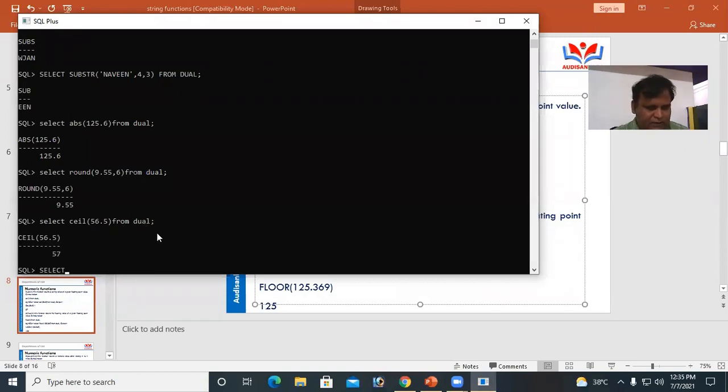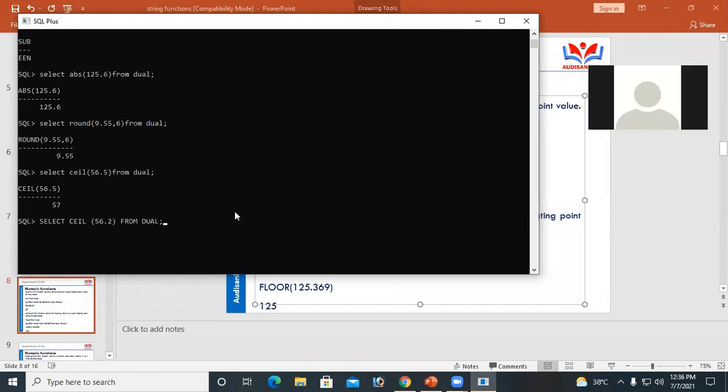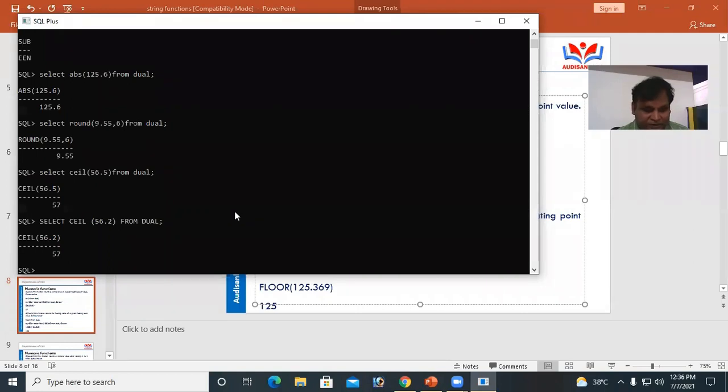Next, select ceil of 56.2 from GL. The ceil value is 57 only. Ceil value means highest value.